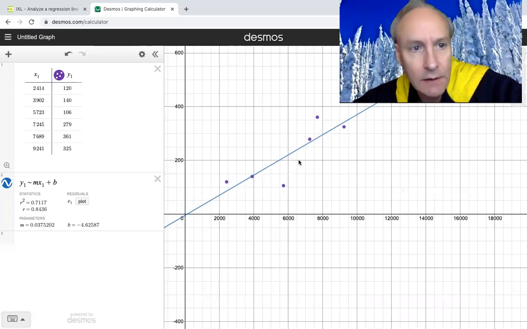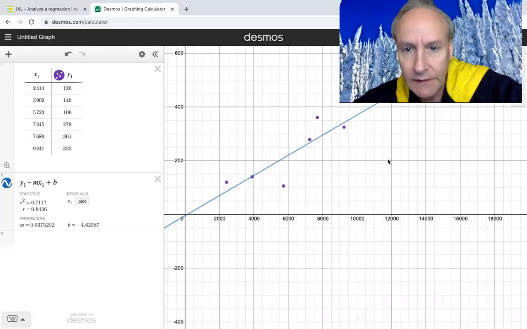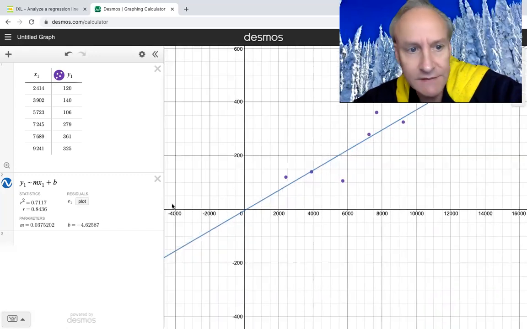Now take a look. This looks like a really good positive correlation. It's a 0.84, so it's a reasonably good correlation. It is going up. We even hit one of our points right there. The 0.0375 indicates that it's